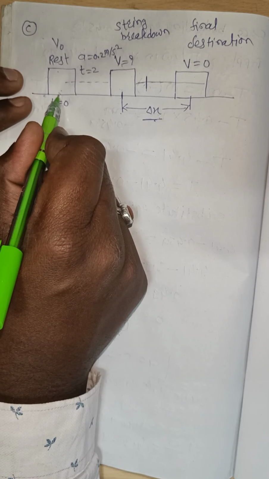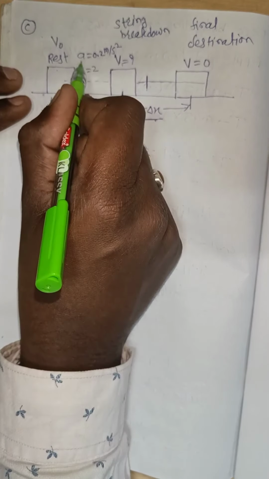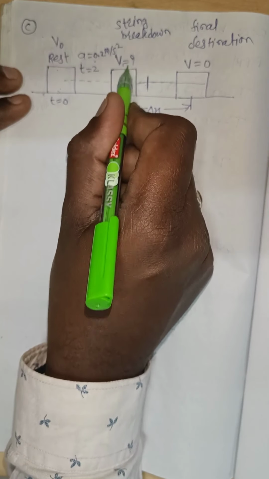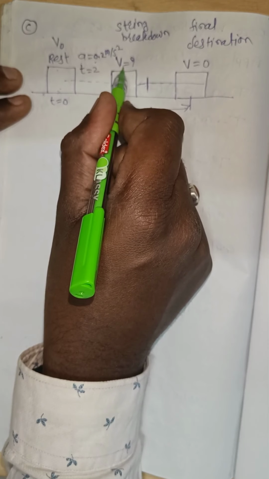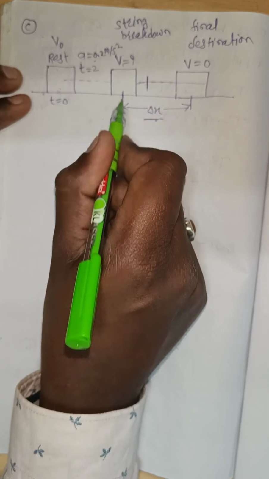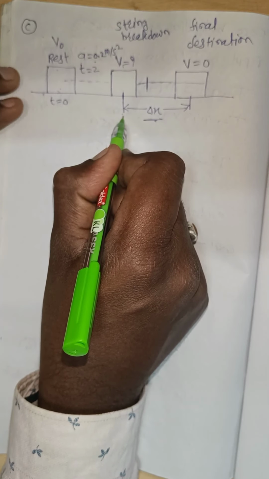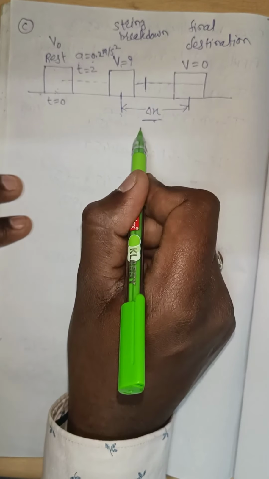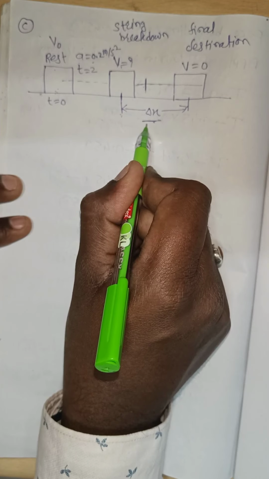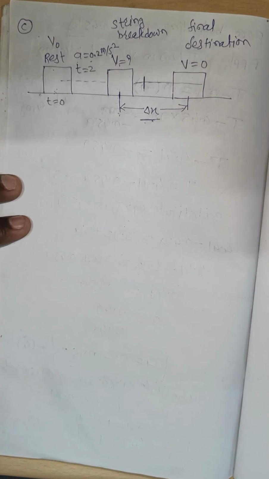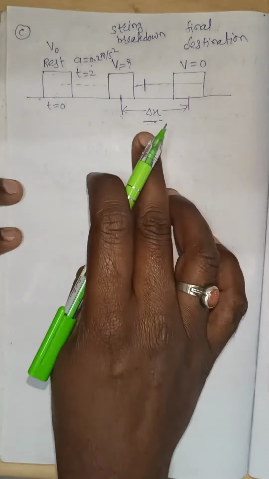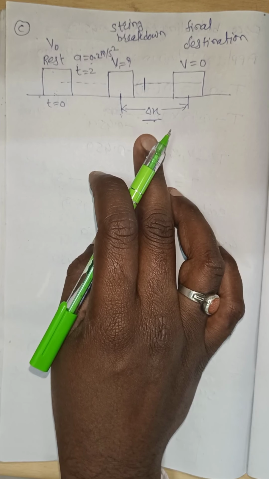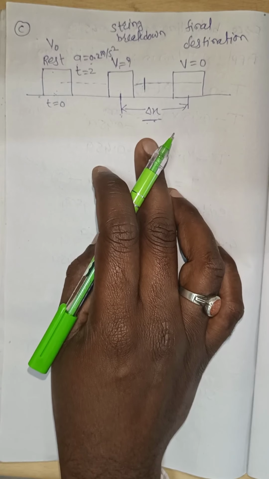Now first we have to find out from this. Initially the block is at rest. It moves with acceleration 0.2 meter per second square, and then we have to find out its velocity when it reaches this point. The string will break and it can travel a further distance delta x, and the block will stop. We have to find out that delta x. Now this is the situation.